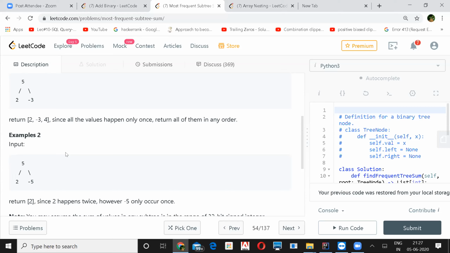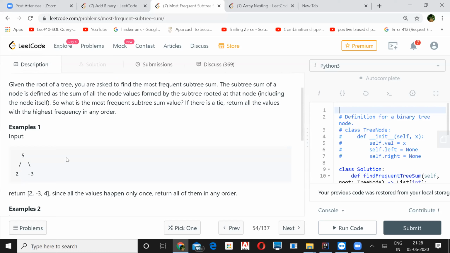Let's say the parent of 5 has value 0. In that case, we're going to return 4, right? But do we return an array of integers with 4 and 4? No, we have to return only 1 four, because that sum is 4.